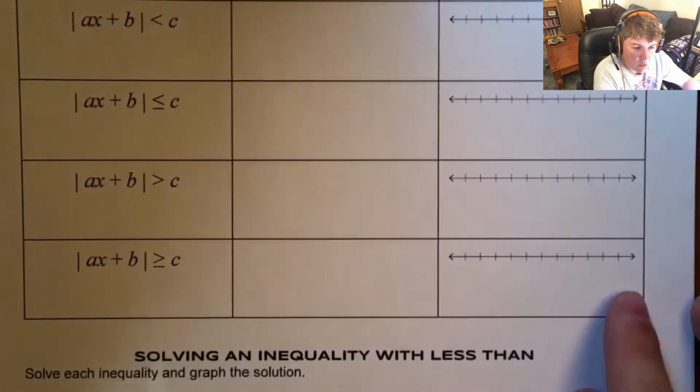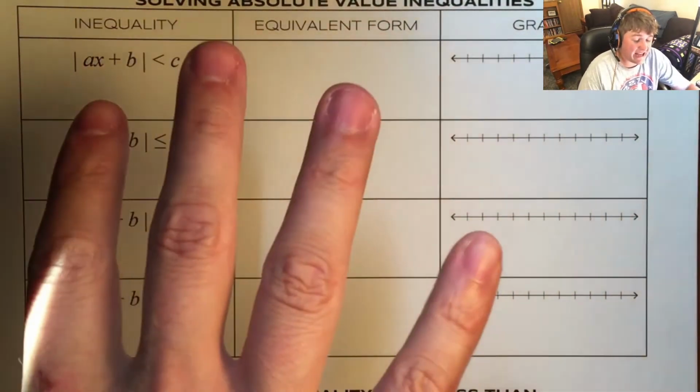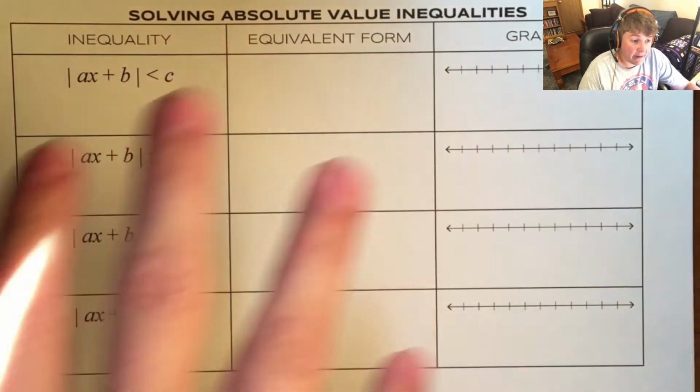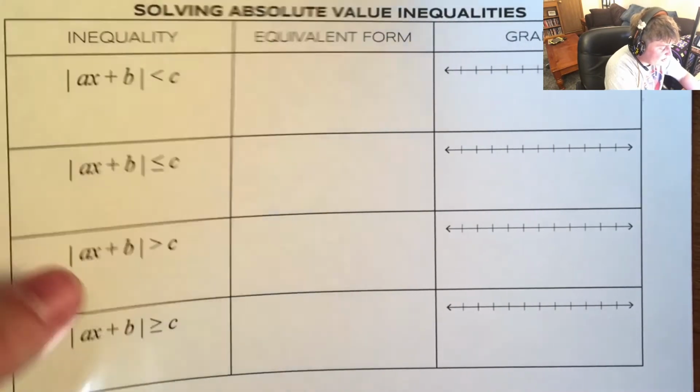Okay, so now that we kind of have the equations under control, let's go ahead and think about the inequalities. We have a table here, but what I want to do is figure some of these parts out, and then we're going to go back and fill the table. So keep this handy, and as a matter of fact, I think some of you are going to really like having the table for absolute value inequalities. But let's just go ahead and